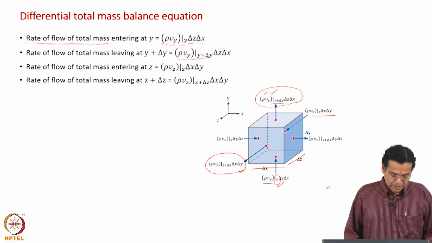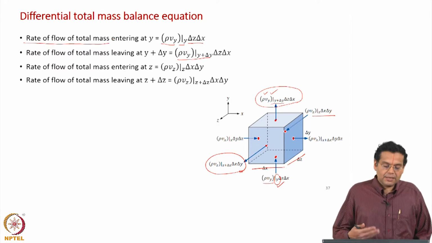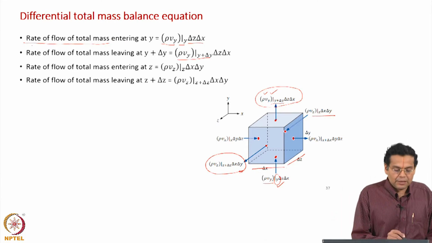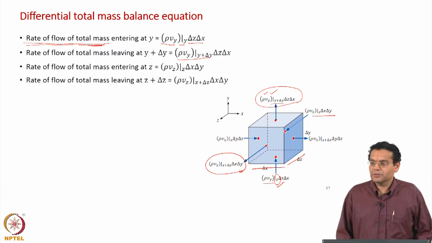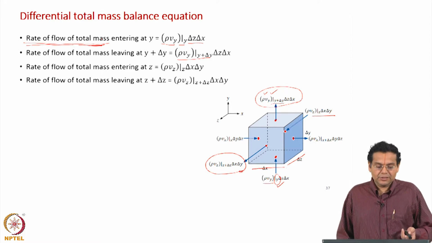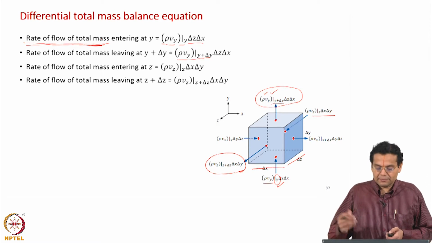This particular nomenclature is used so that later on when you see similar statements for momentum balance, energy balance, species balance, I would say rate of flow of momentum, energy, species mass. So, the same words are used so that the analogy also becomes clear as we go along. Instead of writing mass flow rate, the words used are rate of flow of total mass, species mass, momentum, energy, etc. Okay.